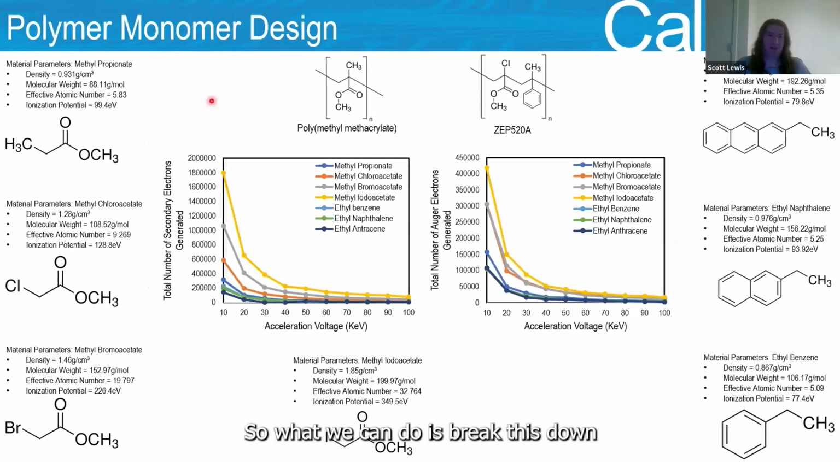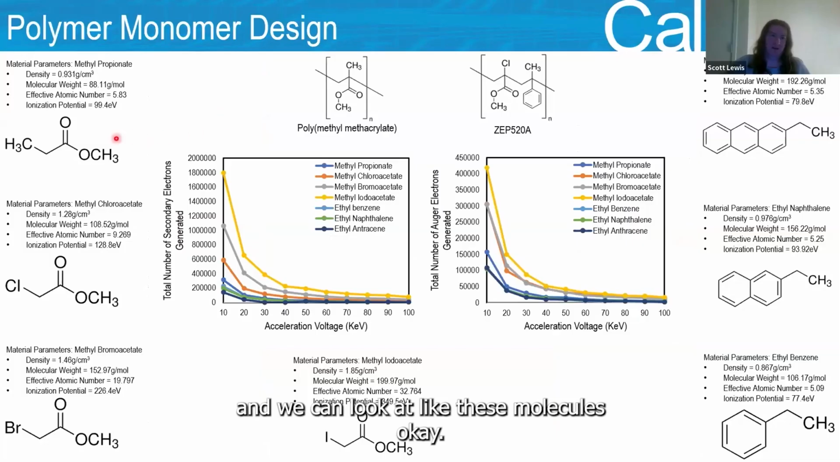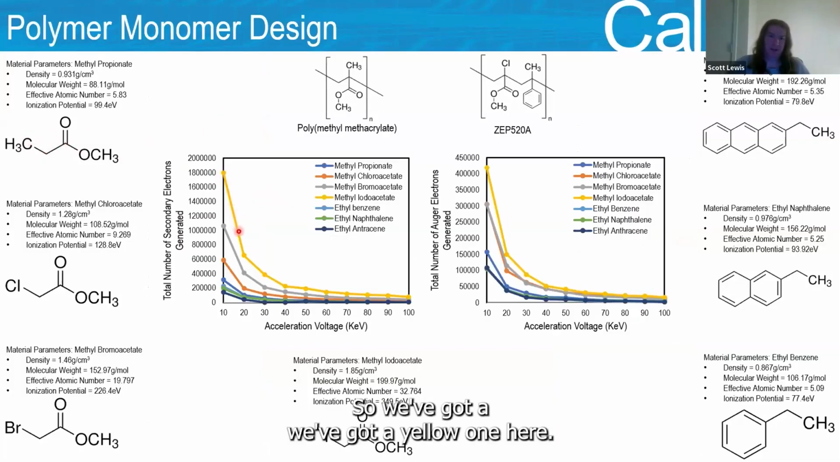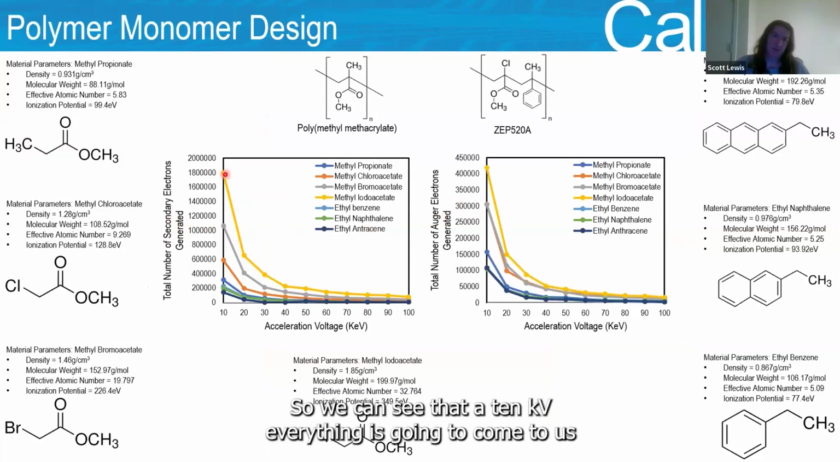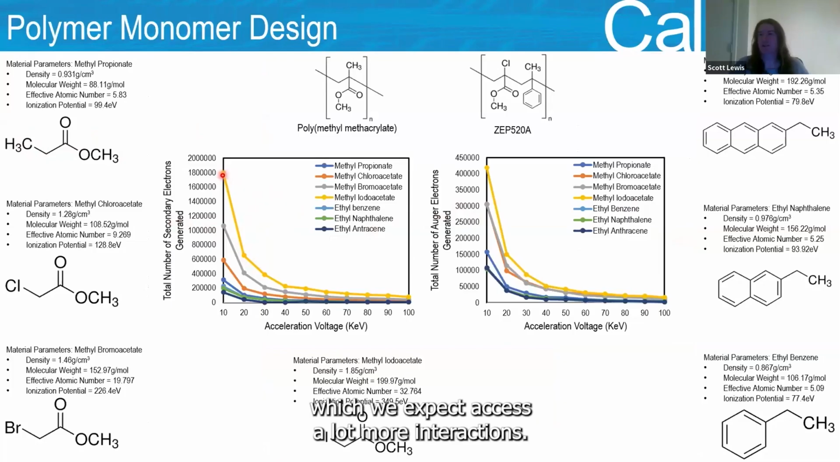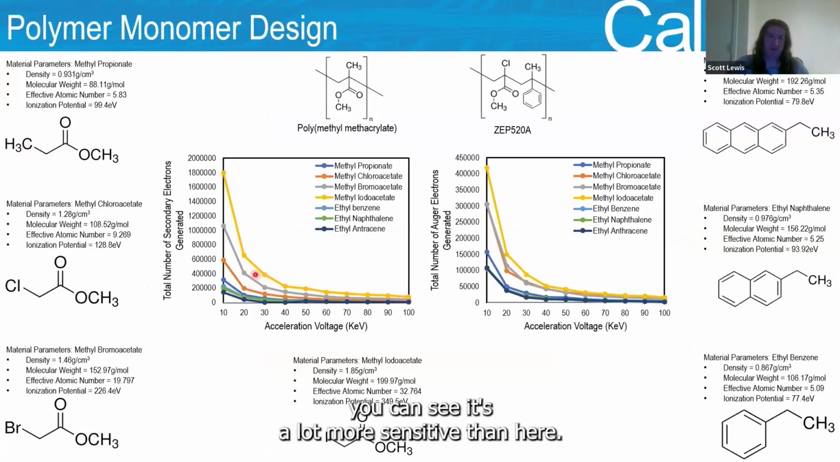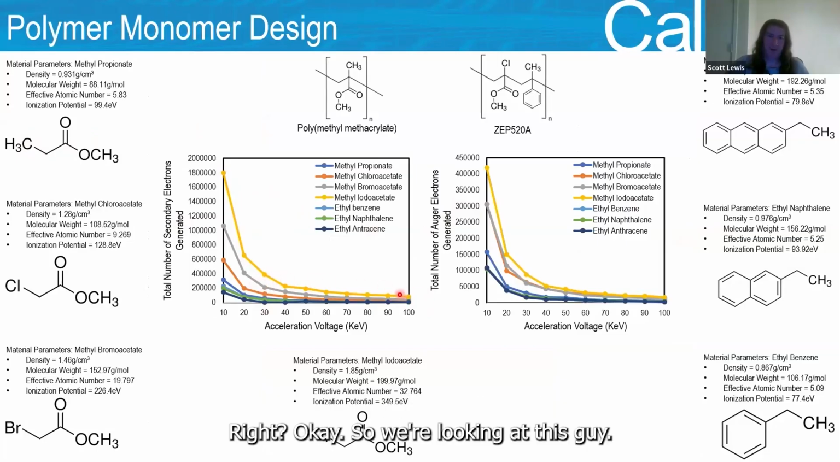So what we can do is break this down, and we can look at these molecules. Okay, so we've got a yellow one here. This is the secondary electrons, and this is the Augers. So we can see that at 10 kV, everything is going to come to us, which we expect, because there's a lot more interactions. But for 100 kV, and where I work, which is 30 kV, you can see it's a lot more sensitive than here. Right, okay, so we're looking at this guy. This guy is the most